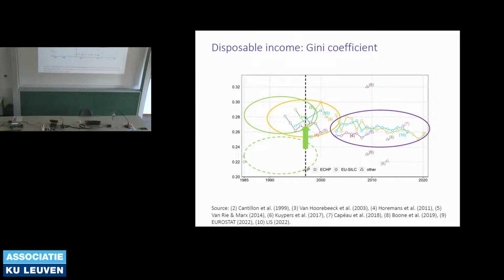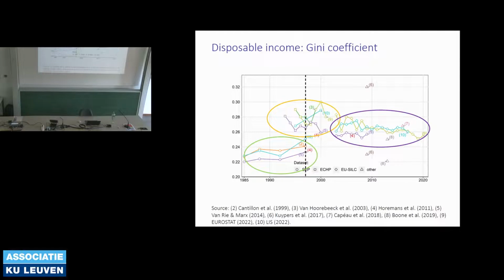That's one possibility. You see me coming? It could also be the other way around. It could also be to say, no, the ECHP, that's the PSBH, is not really made to measure incomes. They have an income module, but it's a data set that is much broader. So you could say, let's correct the ECHP, put that a bit down and put it there, and then you have an increasing inequality in disposable income.